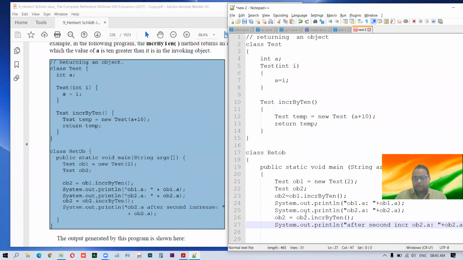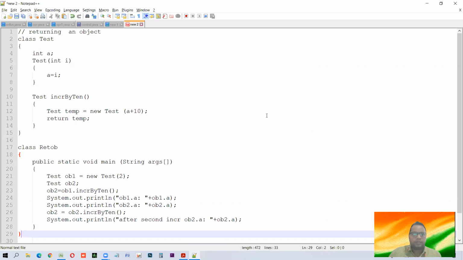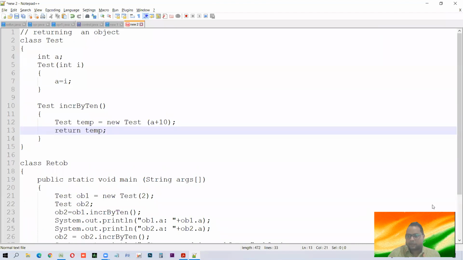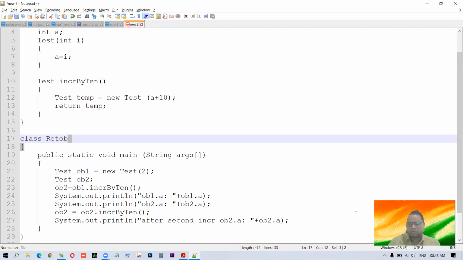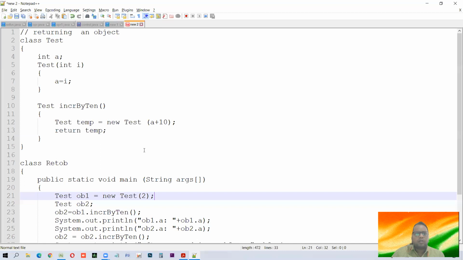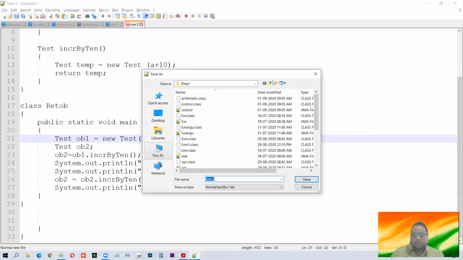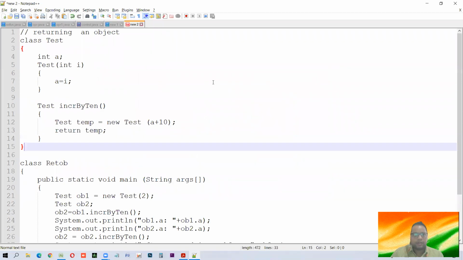Now we have completed this program. Have a look over this. So we don't have time, so let us simply run this program and see. Let us save it.